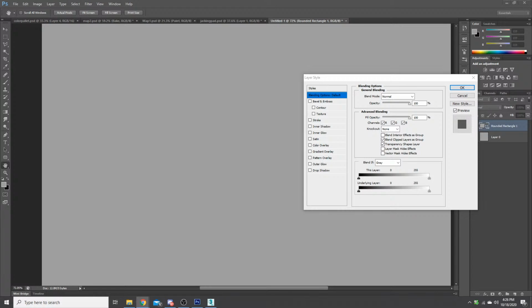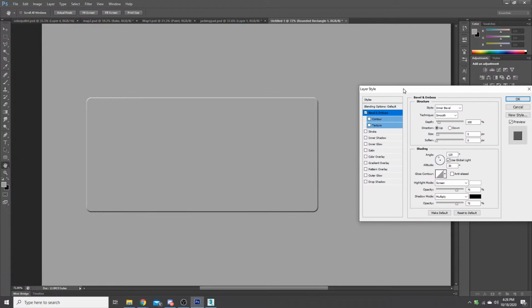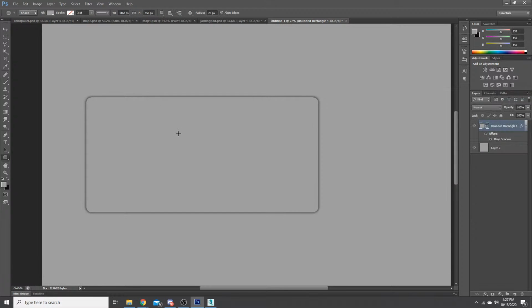So we're going to do a bevel and emboss on this. And that kind of brings this up, and it's interesting. Maybe we don't have to do bevel and emboss. Maybe we just do the drop shadow. And I'll bring the distance down so it looks like that. Because these stickers aren't all that raised, I'll put the spread out about 10 pixels and the size about 16, 15 pixels, something around there. And then we'll hit OK.